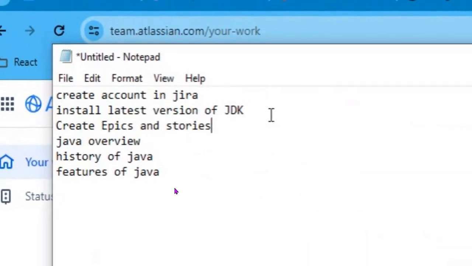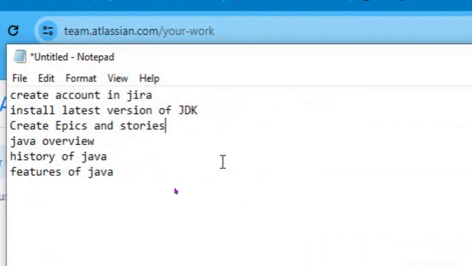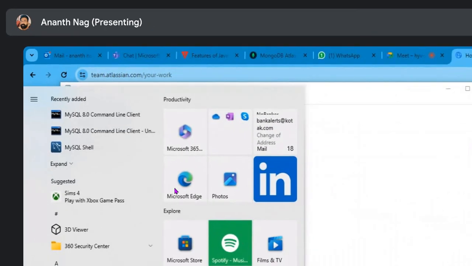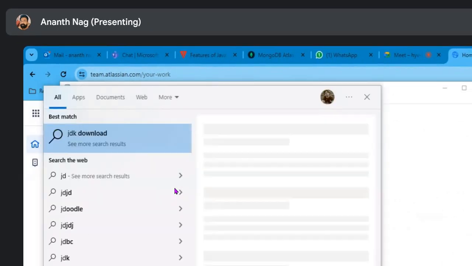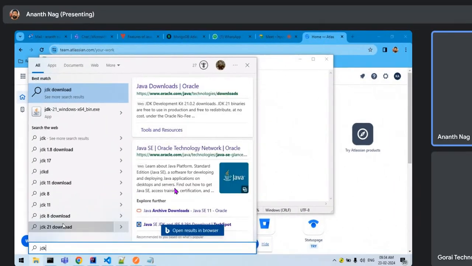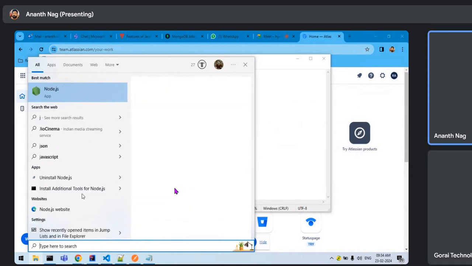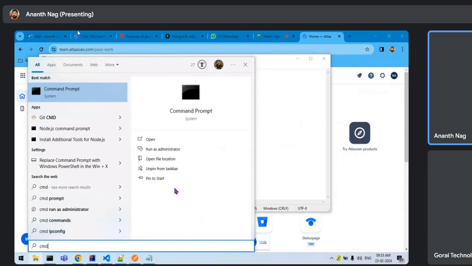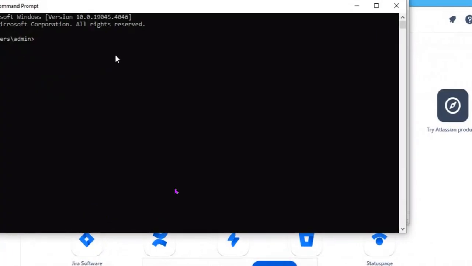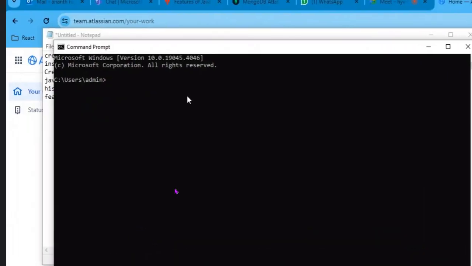I have done it. Can you go to the command prompt and show me the version? Just type CMD, search CMD. Show me the Java version. So directly we have to type JDK here, right, sir?